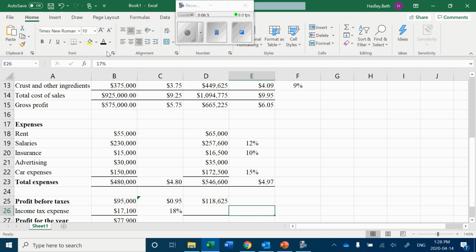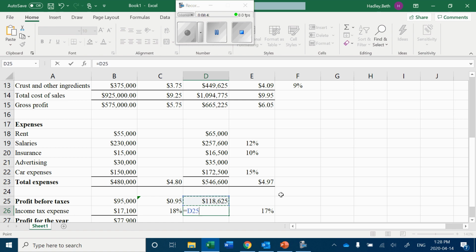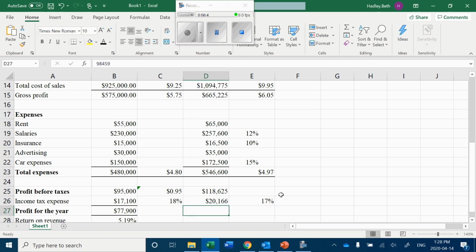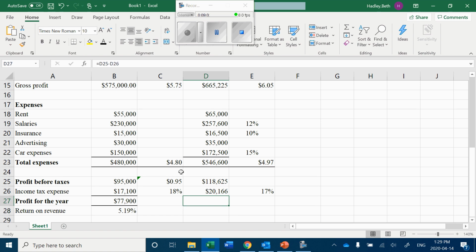We need 17% in our taxes, and the way we get that is equals our profit multiplied by 17%. So our taxes are $20,166. Our profit for the year is equals the 118 minus taxes gives us the